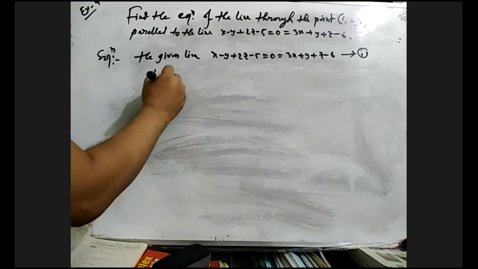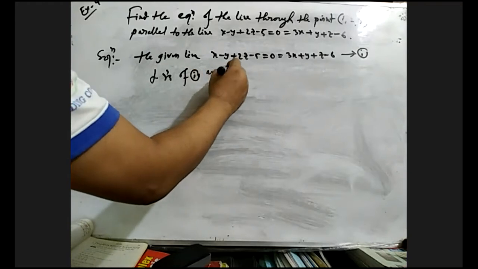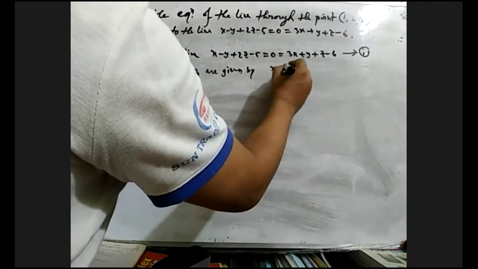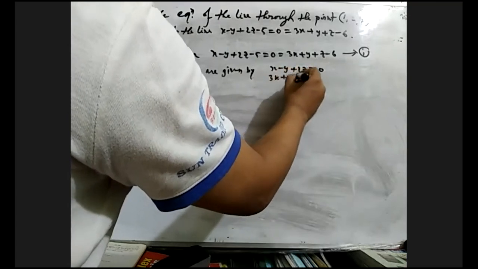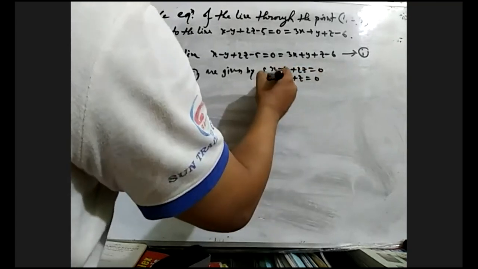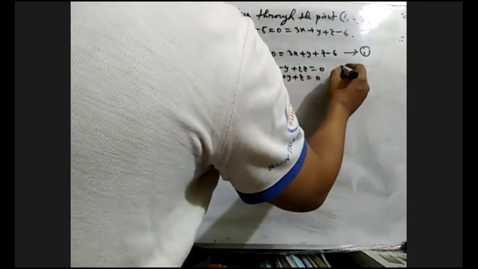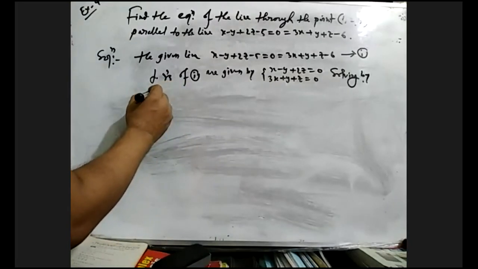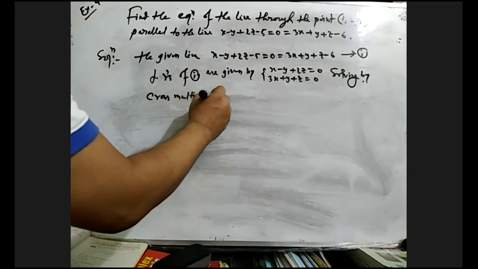The direction ratios of line 1 are given by x minus y plus twice z equals 0 and thrice x plus y plus z equals 0. Solving by cross multiplication,